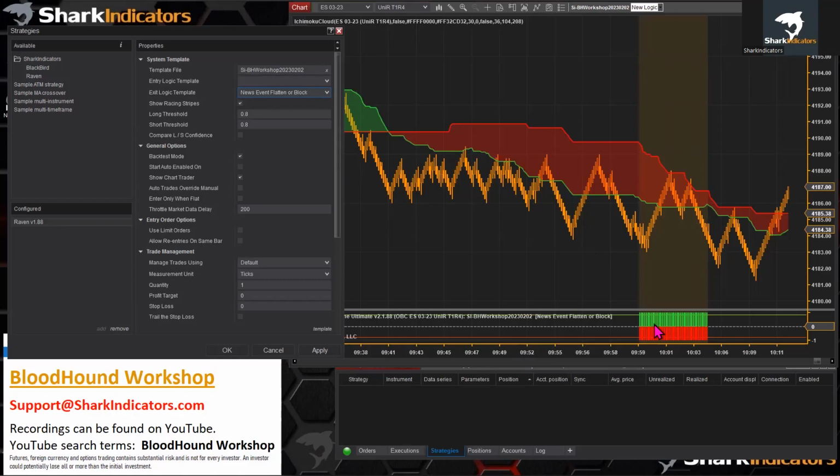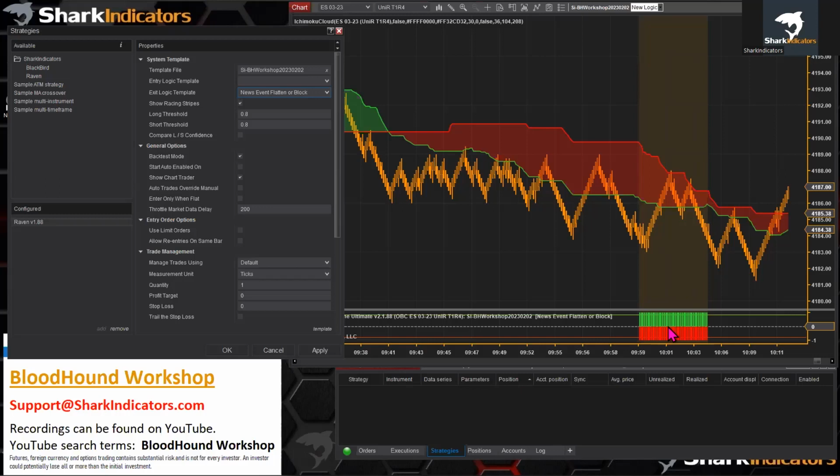And again, to clarify how exit signals work, what I generated is a long and a short output. With a long and a short, this will flatten any position. It doesn't matter if it's a long or a short trade; it'll flatten both. Now, if your news indicator is really highly detailed and will give you certain news events that say you should only exit out of long trades,